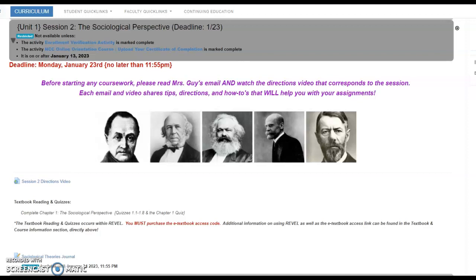That will be the very first thing that you do for session 2. You are going to access the Revel textbook and you are going to read chapter 1 while completing the chapter